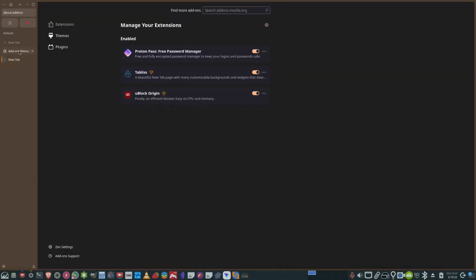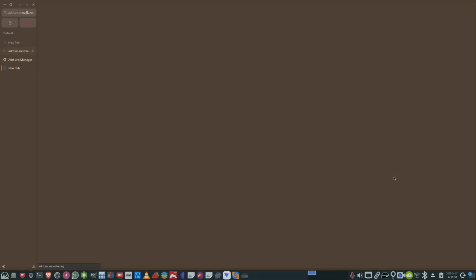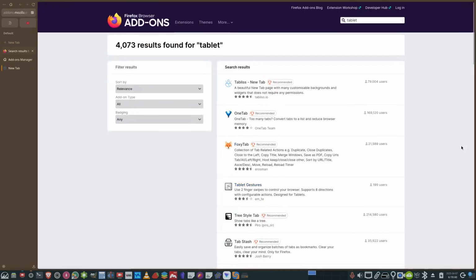Here's the add-ons manager. If I want to add a new extension, all I got to do is come up here and find the extension. Let's say I just type TAB. Let's find an extension. Let's see TAB LET. See if there's one called tablet. Yeah, tablets, one tab, Foxy tab. All you got to do is select it and add. You've done this before with your other browsers like Firefox